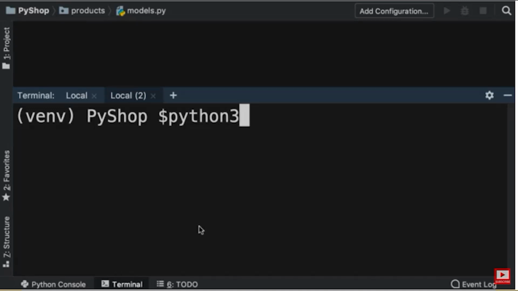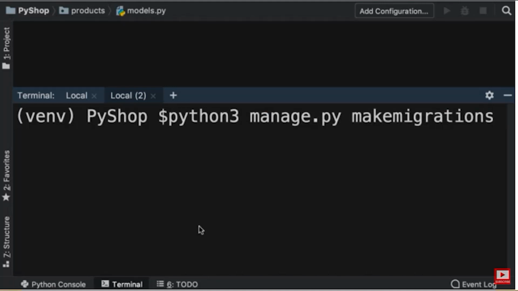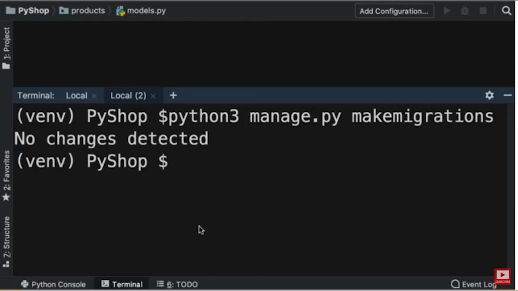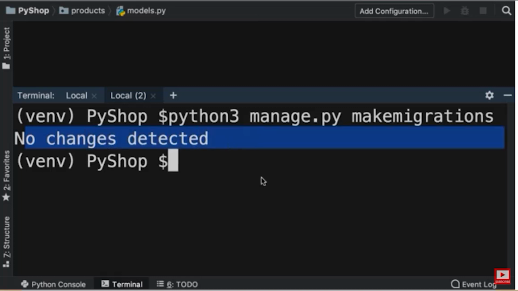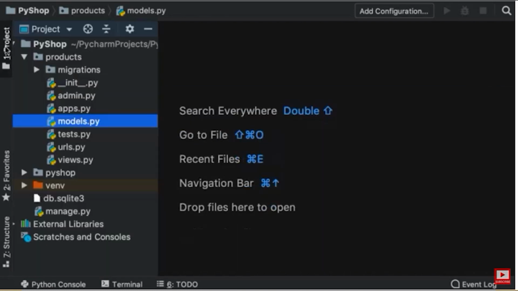Python on Windows or Python 3 on Mac, manage.py makemigrations. Make sure to spell this properly. So makemigrations in one word. Now when you run this, you get this message, no changes detected, because by default, Django doesn't know about our product model. To solve this problem, we need to go back to our project and